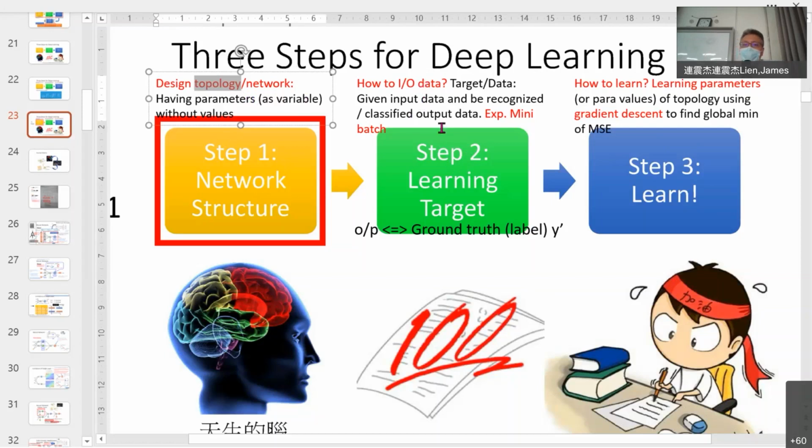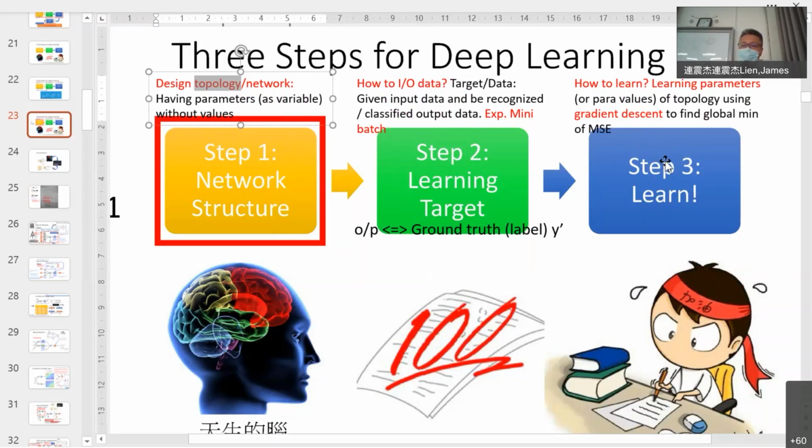The second step is what's your input data? What's your output ground truth? So the second step is data collection. What's your input data? What's your output ground truth or labeling? So you have a topology, you have data, and then you start to use gradient descent to optimize how you want to learn it.